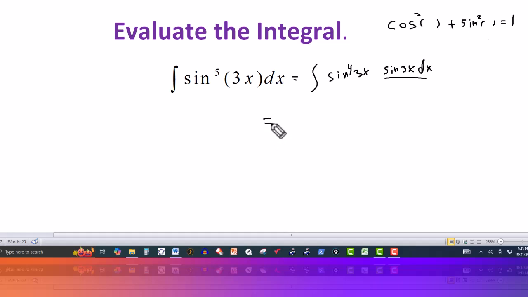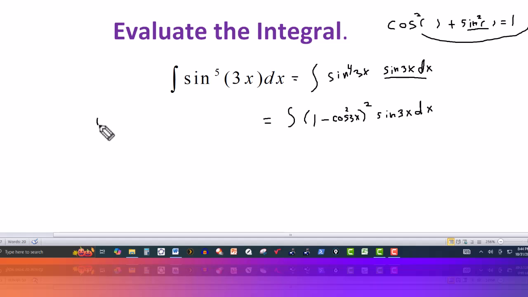So what I'm going to look at is this. Let's say the integral, and this right here, sine to the fourth, can be written as the square of sine squared. Okay, sine squared here, taken to the second power, gives me sine to the fourth. So solving for sine squared, I can replace the sine squared of 3x by 1 minus the cosine squared of 3x. And then I still have the sine of 3x